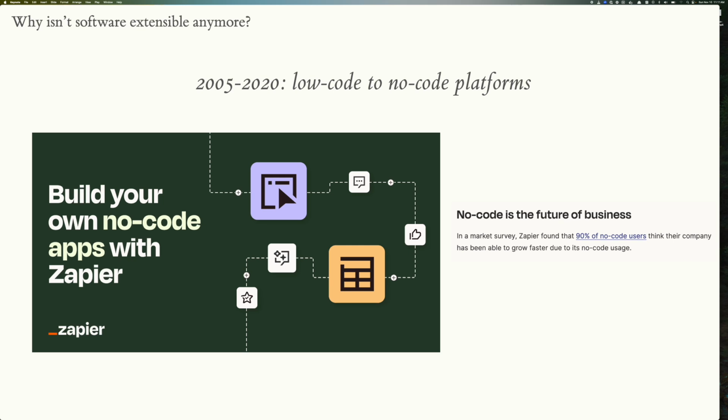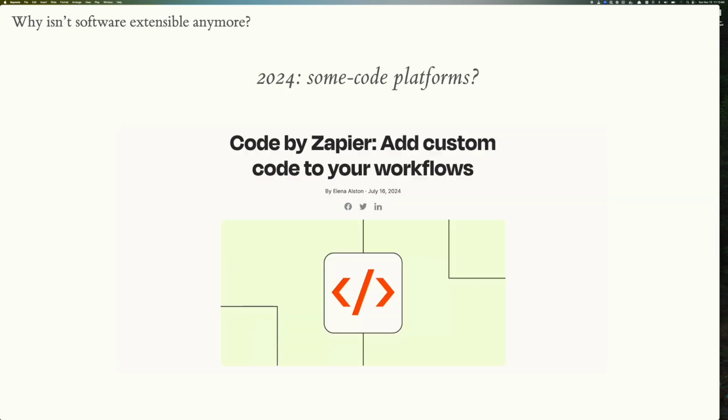So something called Zapier, they sort of are the leaders of this no code movement, and they say no code is the future of business, right? Because they have a lot more customers who they can use to customize things, and having less code is better in that sense. But you'll see that even they're starting to say, okay, we need code now, right? So what are we moving to, some code platforms? Are we going back to low code platforms? They're all starting to give in to, we need code now.